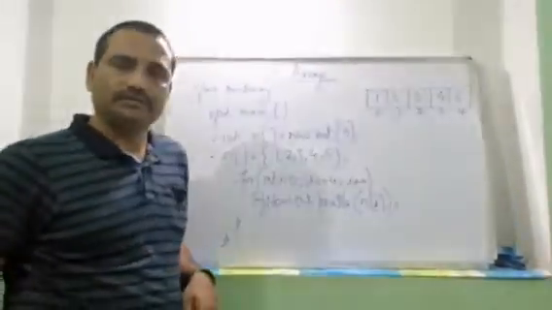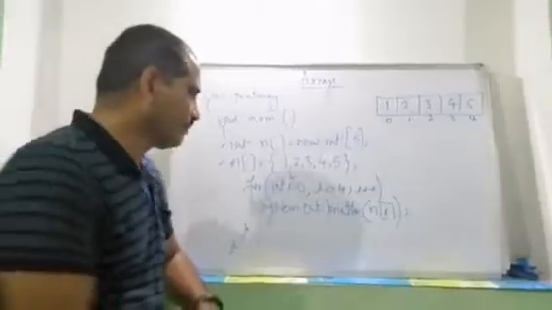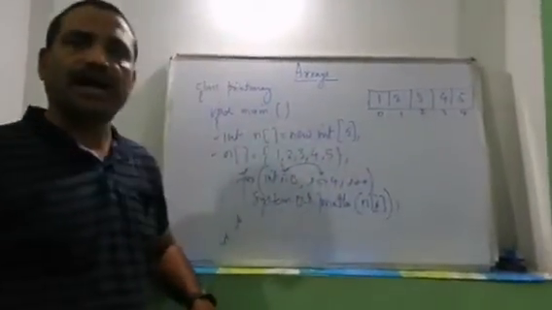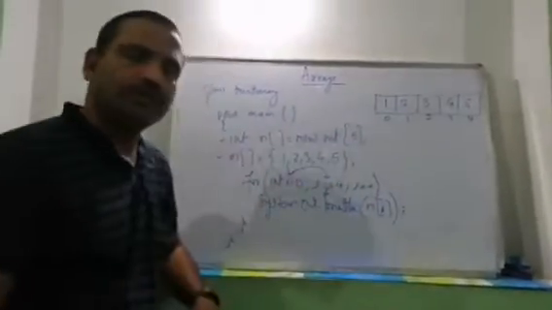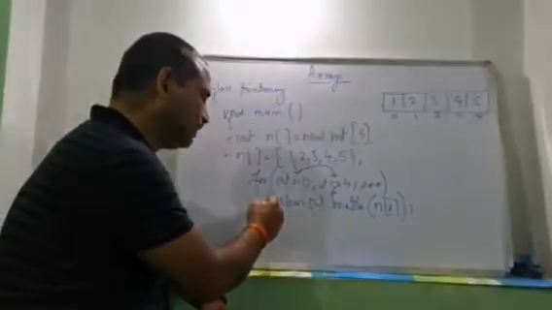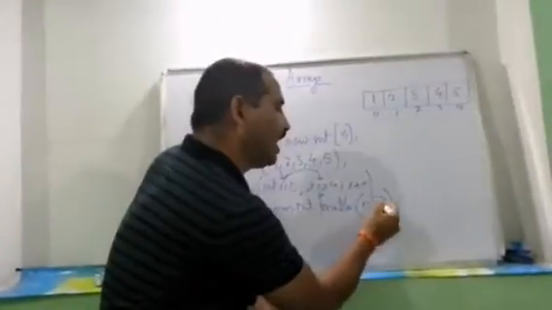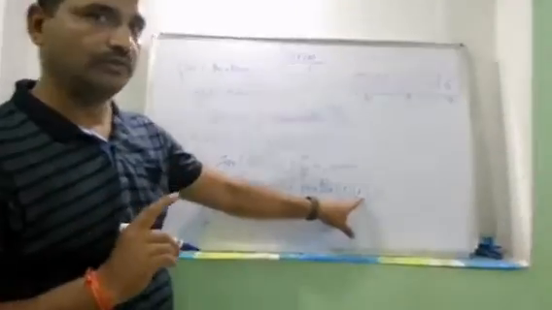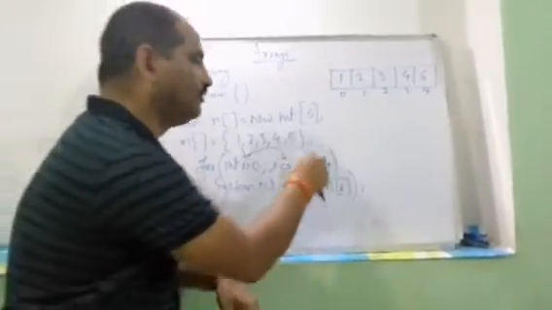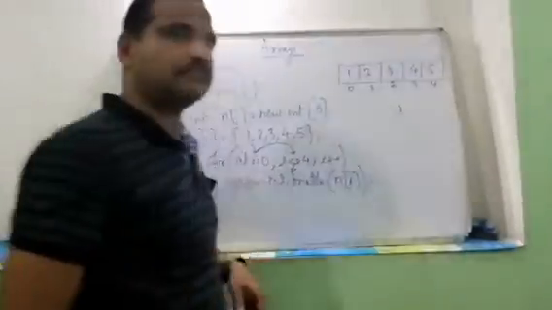Now the loop will execute. First of all, this statement will execute: i equals 0. After that, control will go to the condition part: i less than or equal to 4. The condition is true. Then it will go to the body of the loop. In the body of the loop I have written System.out.println. Println is used to print the statement on the screen. What will it print? n of i. n is the array variable name, and i. What is the value of i? 0. So it will be n of 0. On position 0, which value is stored? 1. So it will print 1.